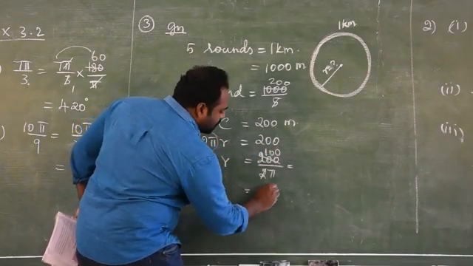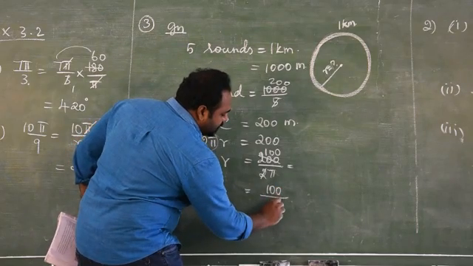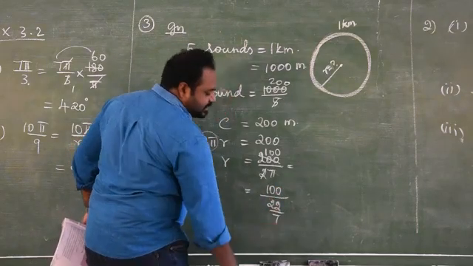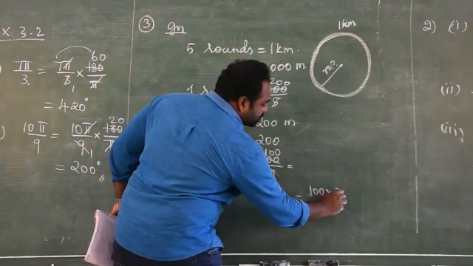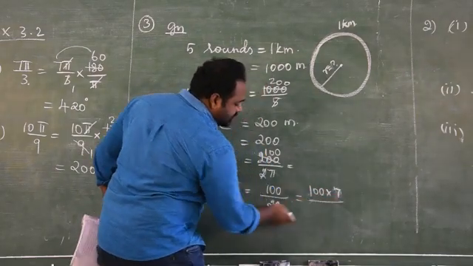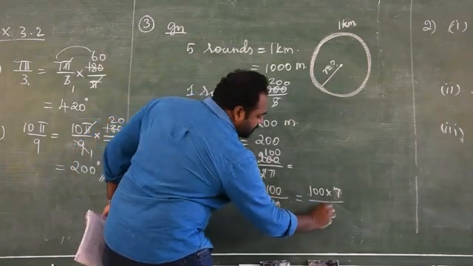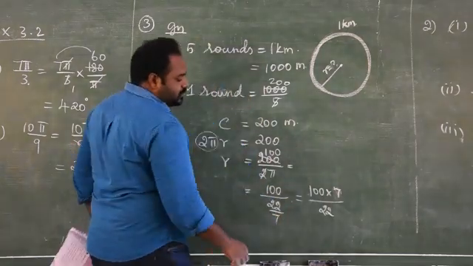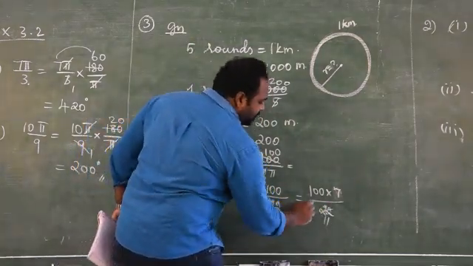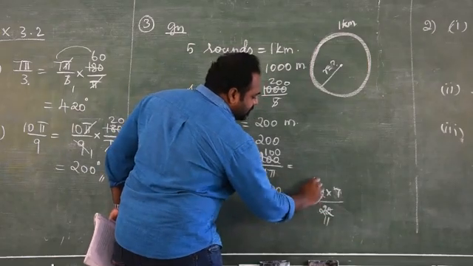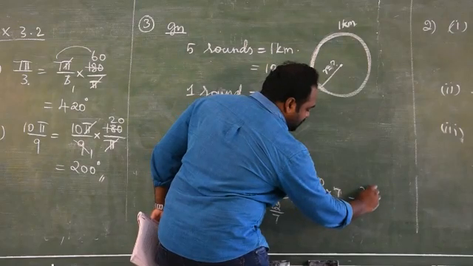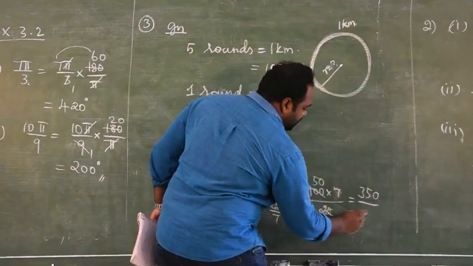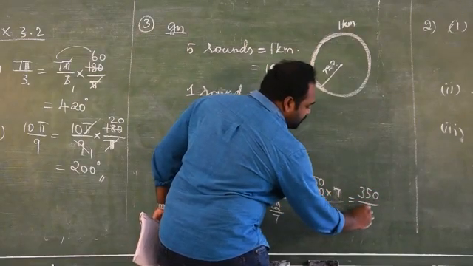So 100 divided by 22 by 7. So this can be written as 100 into 7 by 22, carrying the denominator to the numerator. So here 11 times, here 50 times, 350 by 11